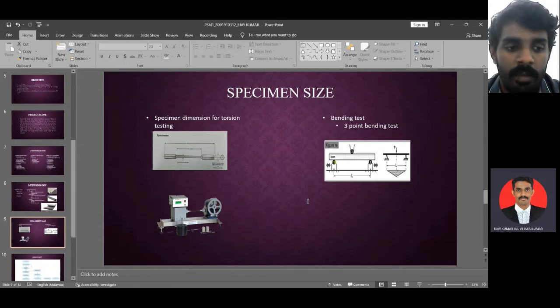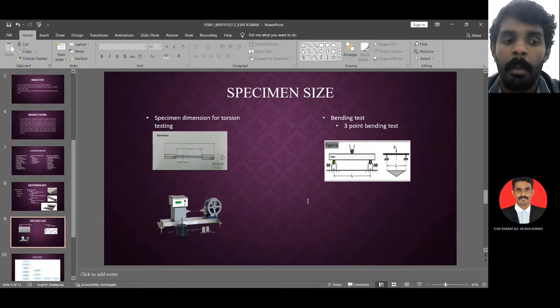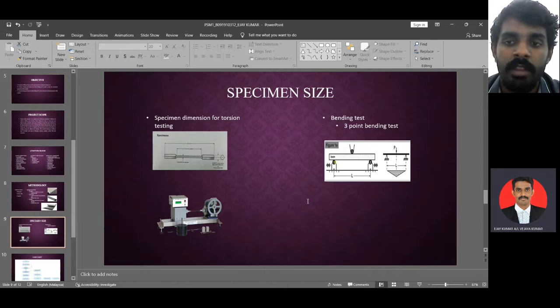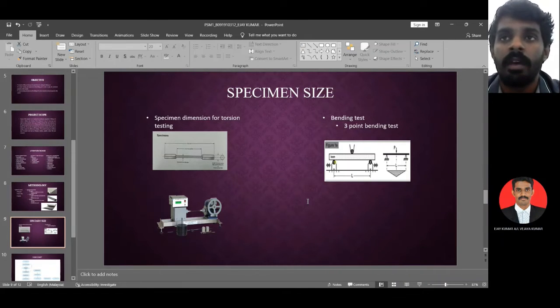The machine is manually handled, and for bending testing, I want to use the 3-point bending test because 3-point bending tests are mostly used for brittle material, and from the research,